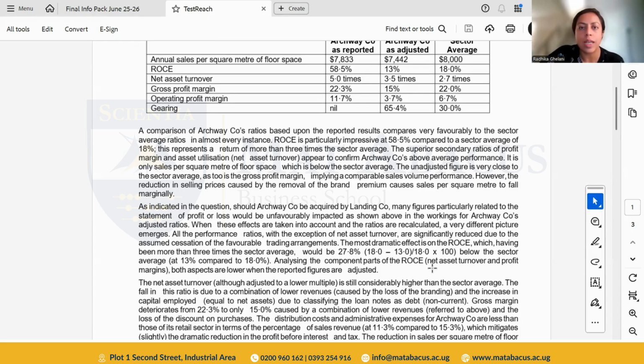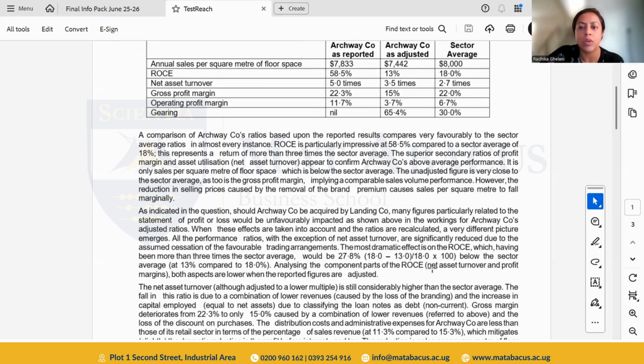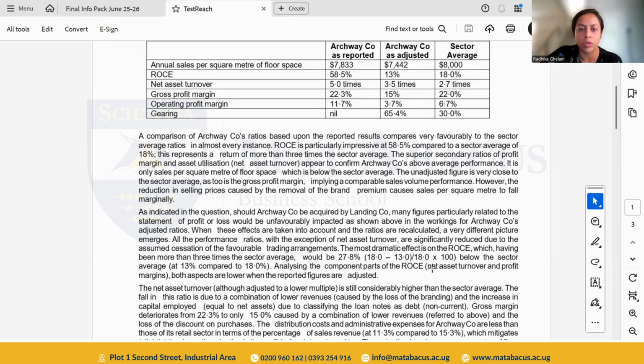All of the ratios except the net asset turnover are significantly reduced because the favorable trading arrangements that they had with the original company, the discount they were getting, the license they were able to use, all those favorable arrangements are going to stop, and that impacted the sales revenue, that impacted the cost of the purchases in a negative way. So once that favorable trading arrangement stops, you can see the effects,